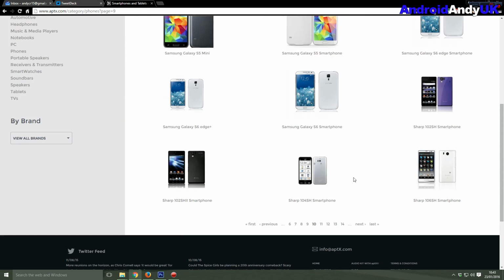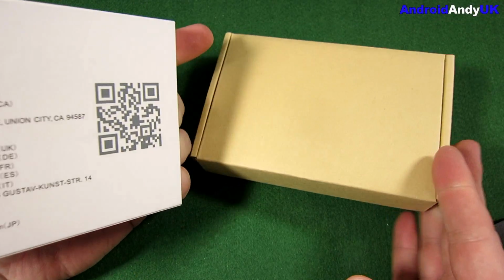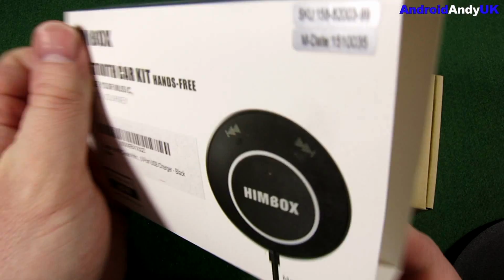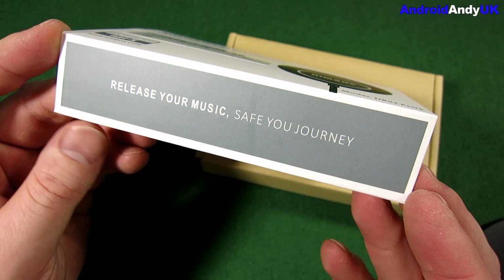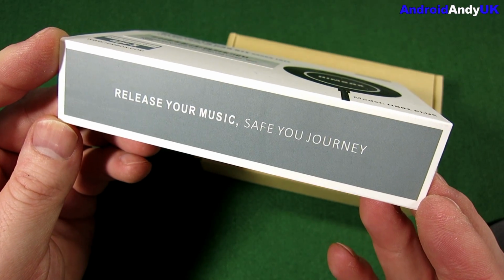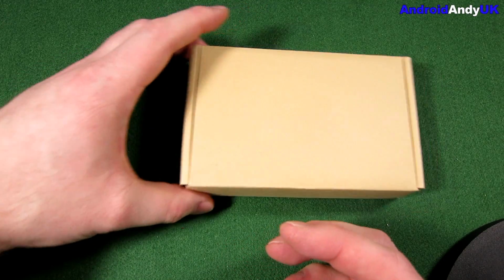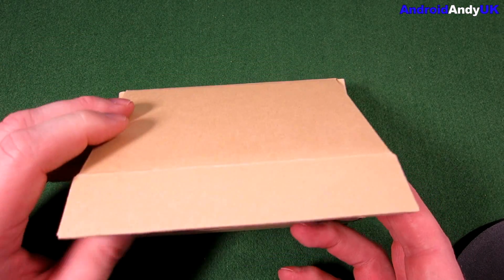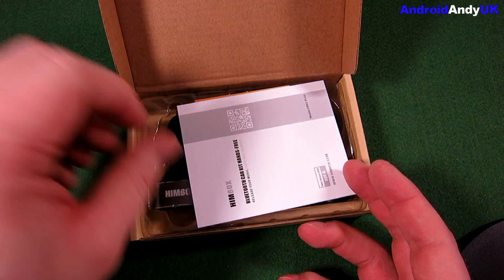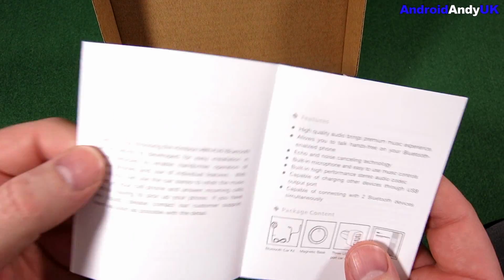But let's take a look at what's in the box. There's not too much else to see from the front, apart from "Safe Your Journey. Release your music, Safe Your Journey." If anyone can tell me what that means, apart from I'm going to save my journey, definitely. So inside the box there's instructions,